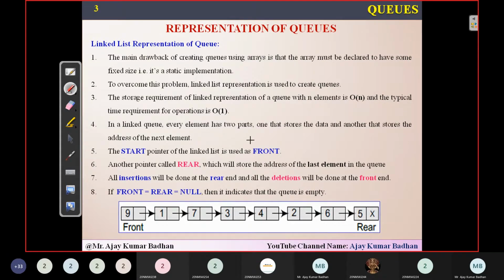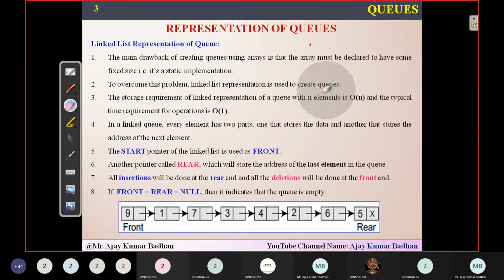That is what he's saying exactly in this particular slide. And here he has given the time complexities also. If you talk about the storage requirement, that is the space complexity here, every element requires order of n. Obviously, if there are 5 elements you want to insert, how many spaces do you require? 5 spaces. That is order of n. For example, if I want to add 10 elements, I require 10 spaces. If I want to add 5 elements, the number of spaces required is 5. Suppose I have to insert 100 elements, then the number of spaces required in the main memory is 100. That is what he's talking about here.